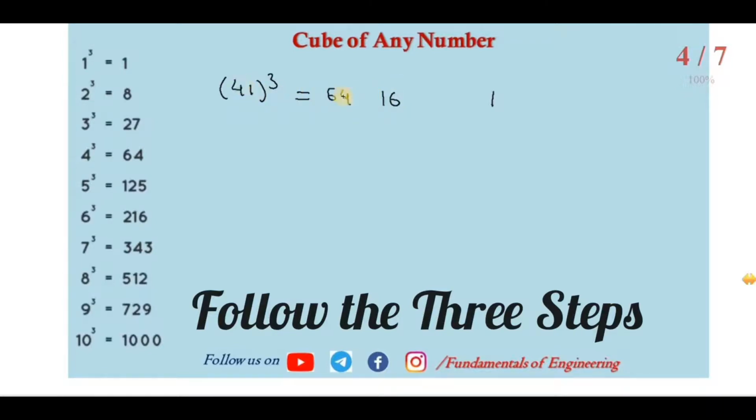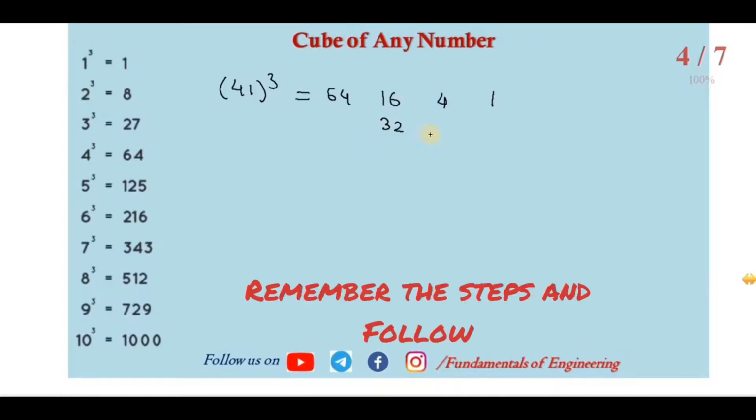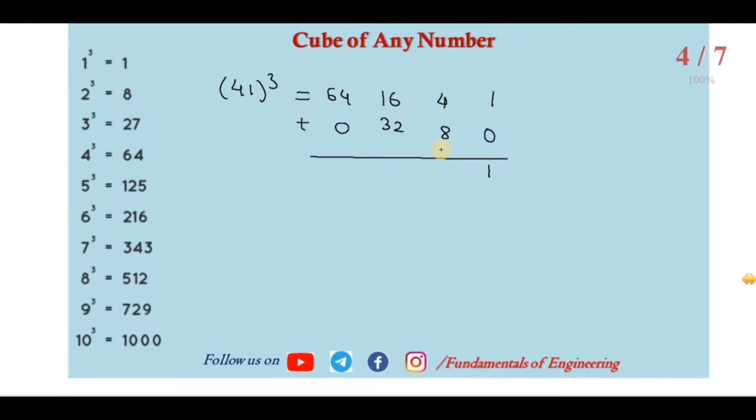1 square, 1 into 4, that we are getting 4. Now whatever the middle numbers are there, we have to double it. So 16 2s are 32 and 4 2s are 8. For the reference I have written 0 here. Then you have to add this number. So 1, 4 plus 8 is 12, 16 plus 32, we are getting 48 and 64 here, right?